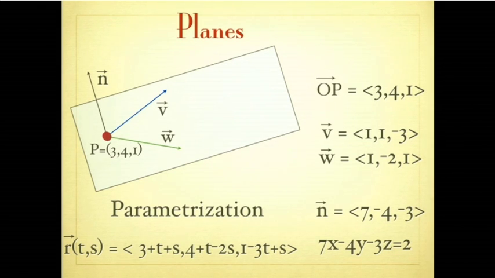And we immediately can give the normal vector here. The normal vector is just the cross product of v cross w. And once you have the normal vector, you can immediately get the implicit equation of a plane. The implicit equation is an equation of the form ax plus by plus cz is equal to b. And these are the coefficients here. And the constant here you get by just plugging in the point 3, 4, 1. And then you get this constant. So you can go forth and back from the parametrization to the implicit equation for planes.